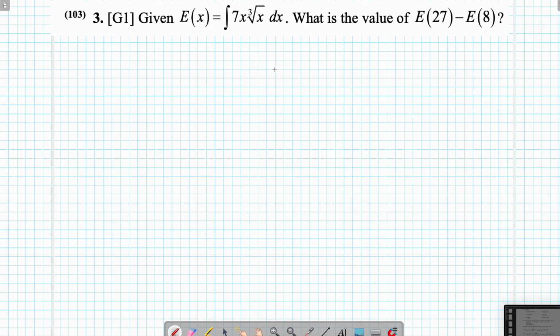So let's first of all add the powers. So 1 plus 1 over 3, because of the cube root, not a square root, is 7x to the 4 over 3. Integral from 8 to 27. And let's integrate. So 7x to the 7 over 3 times 3 over 7. So cancel 7. So 3x to the 7 over 3